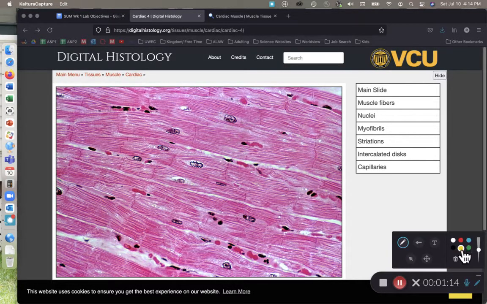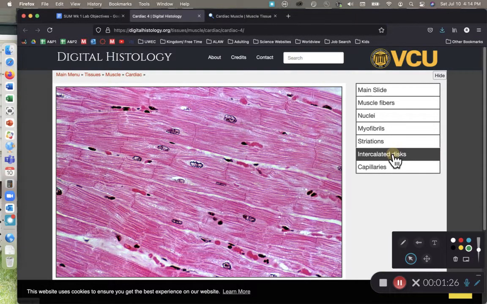Give me a second here. Let's go with green. You can probably see some darker lines right there. I drew an arrow pointing to some. I'll draw an arrow right over here pointing to some more. Those darker lines are referred to as intercalated discs. And I just hit the little arrow, the label right there, to have the yellow arrows appear next to the